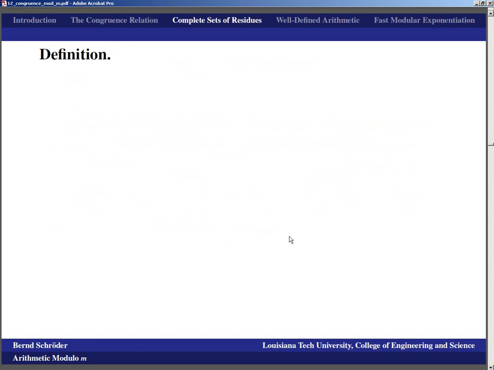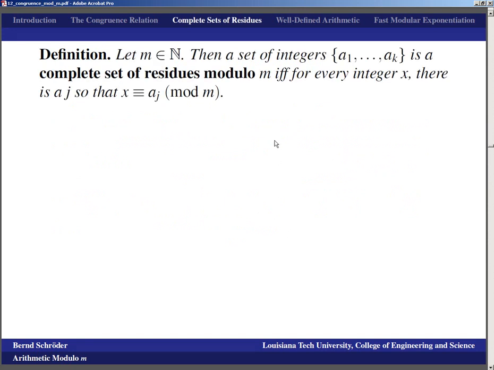And what you're then interested in is a complete set of representatives, or here a complete set of residues modulo m. When our modulus is a natural number, then a set of integers a1 through ak is called a complete set of residues modulo m if and only if for every integer x there is a j so that x is equivalent to aj modulo m. So that complete set of residues is a set of representative numbers, and if we have one of those sets, then we basically control all the numbers,